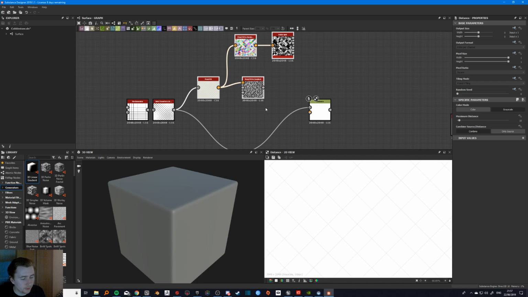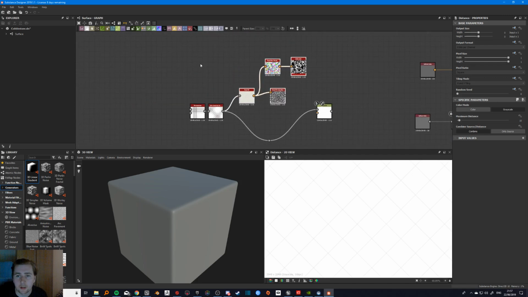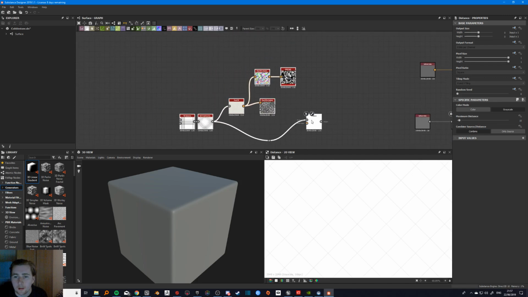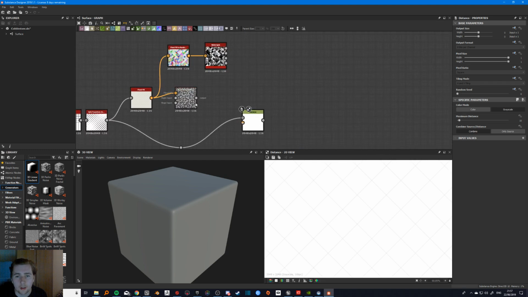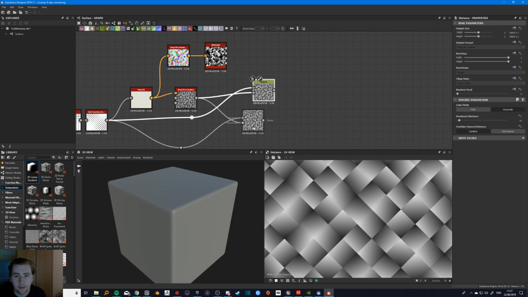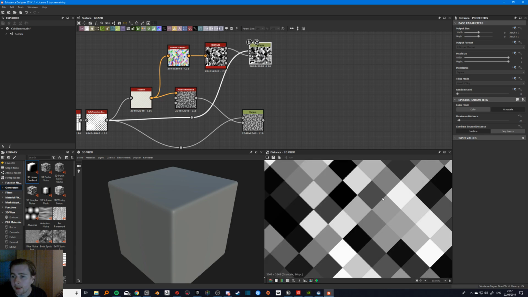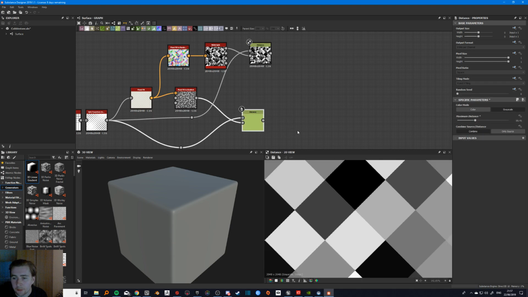If I press Alt and Shift, you can move them, which is something that I never knew about. I'm going to distance that by that, copy this, and distance any one of them by that. And as you can see, that just closes up